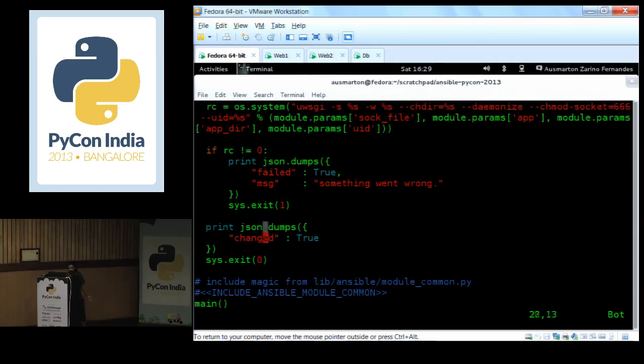And that's about it as far as the module is concerned. The rest of it is just the boilerplate for every module that you need, like these last 3 lines that you see, and then using that Ansible module class which is there.